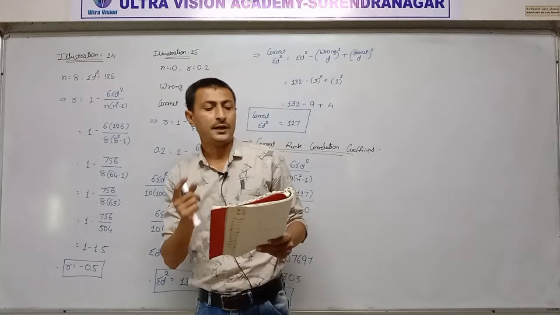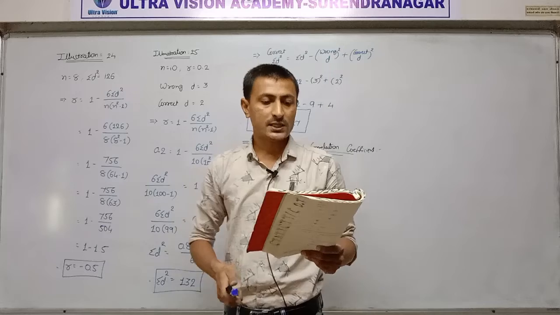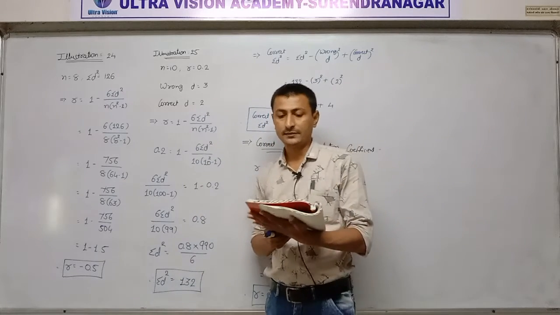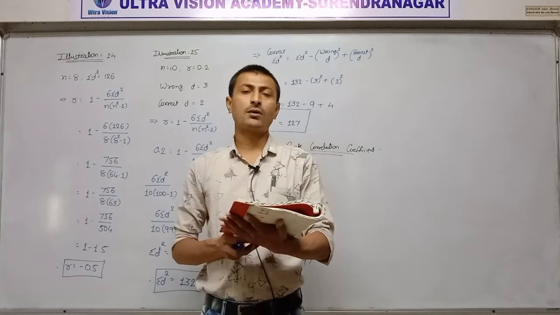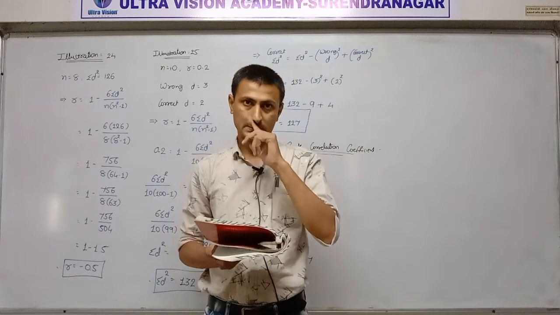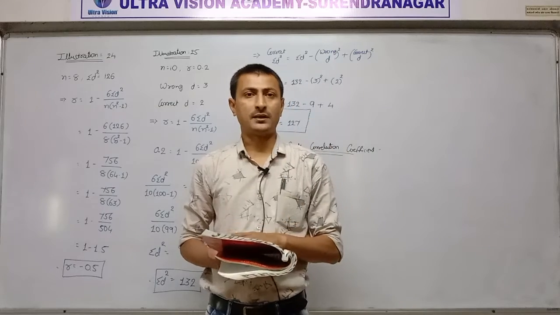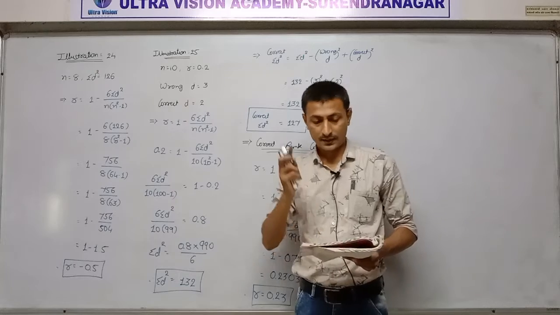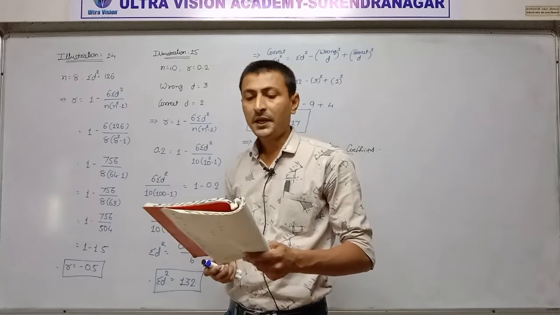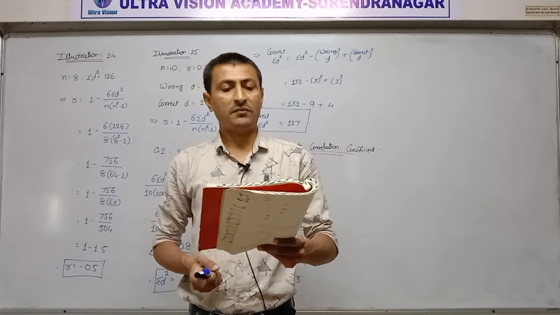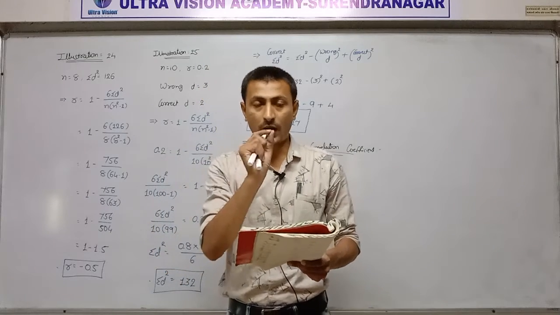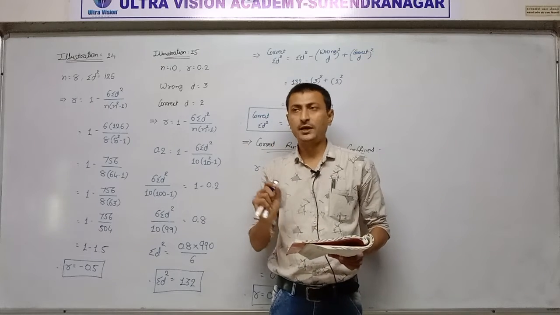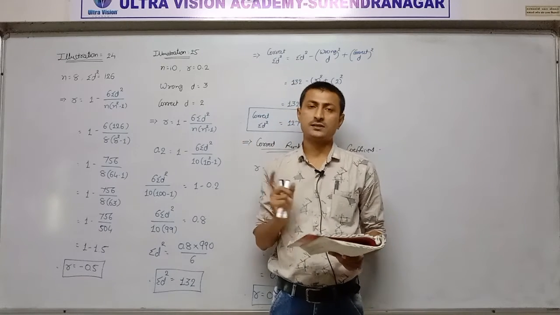Number 2, the calculation of rank correlation method is easier than that of Karl-Pearson coefficient of correlation. Compared to the Karl-Pearson method, this method's calculation is very easy. Number 3, it is the only method when the data is qualitative. Highlight the words: only data is qualitative. So compulsory to use this method, rank correlation coefficient.